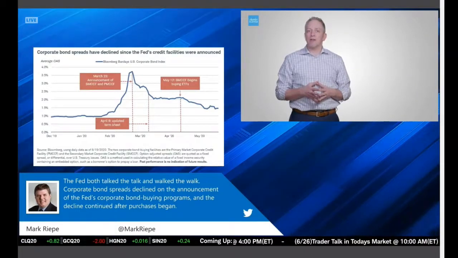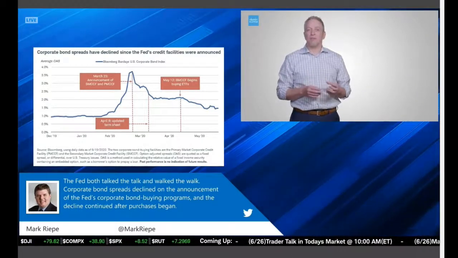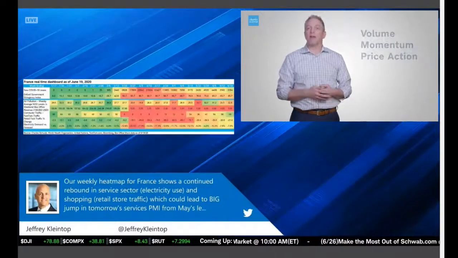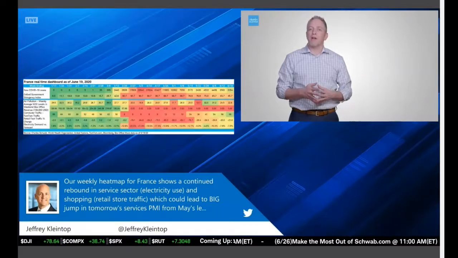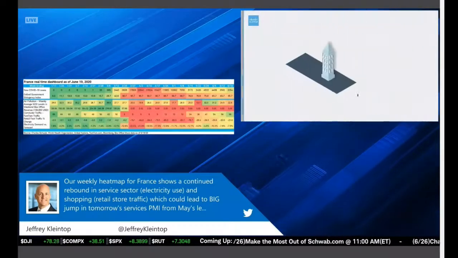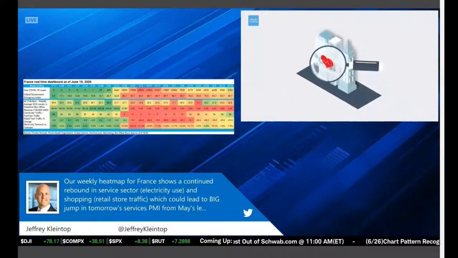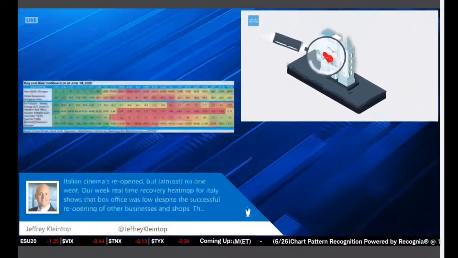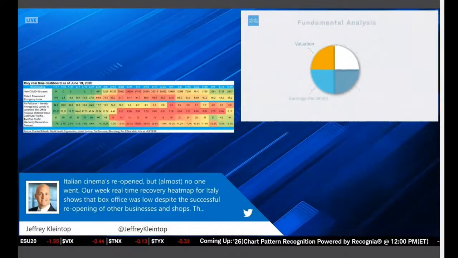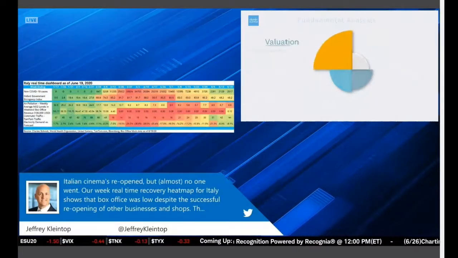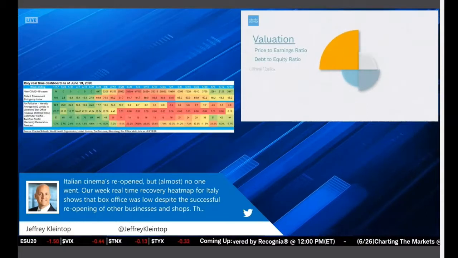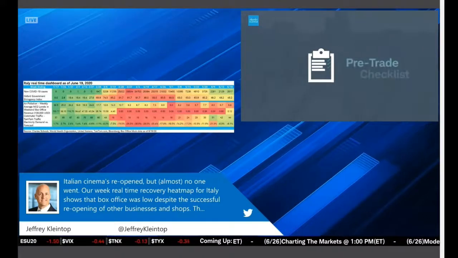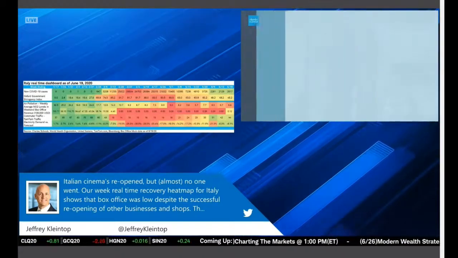Technical analysts can look at a chart and decide to buy a stock based on volume, based on momentum, and price action. But you could be misled when it comes to price action by a company with poor fundamentals. Having some idea of a company's health can help a technical trader develop a solid foundation on which to build their trade. While it does not guarantee success, having another layer of information based on price to earnings, debt to equity ratio, or other data can add confidence to your technical viewpoint and offer another checkmark in your pre-trade checklist.